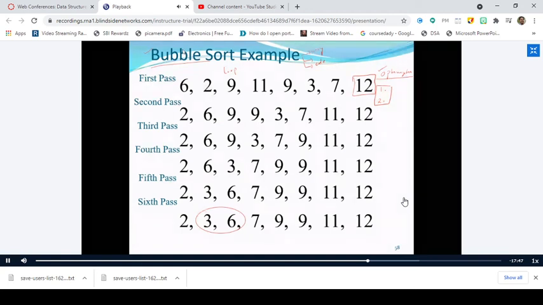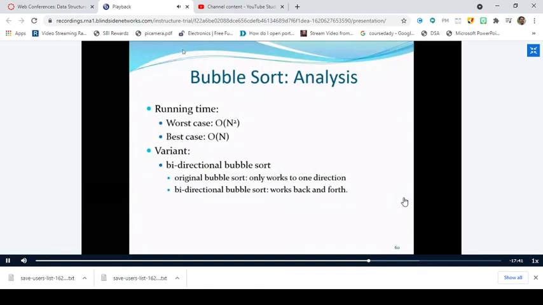Yes, sir. And this particular slide is very important. You should always remember the running time or the time complexities of all the sorting algorithms. So whether I discuss it in the classroom or not, I just want to give these things as homework for you, right? The worst case running time of this bubble sort is big O of n square and the best case is big O of n, right?